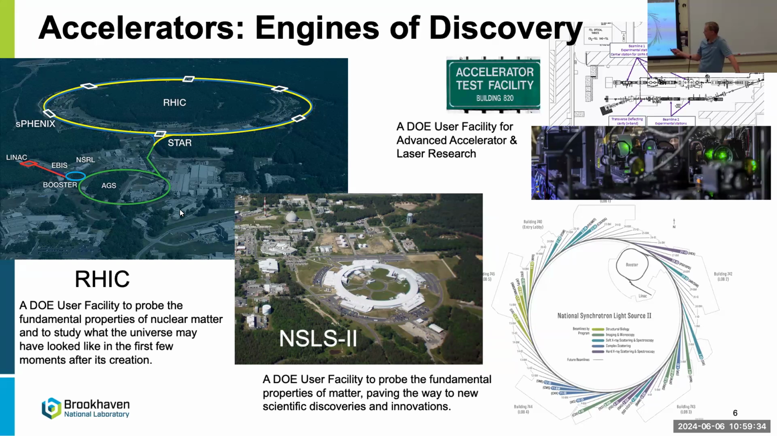And one of them is, of course, called RHIC, the Relativistic Heavy Ion Collider, which will end its operation at the end of 2025. And at this point, we will start taking the hardware out of the tunnel and start replacing it with hardware for the electron ion collider. Other 2 facilities,